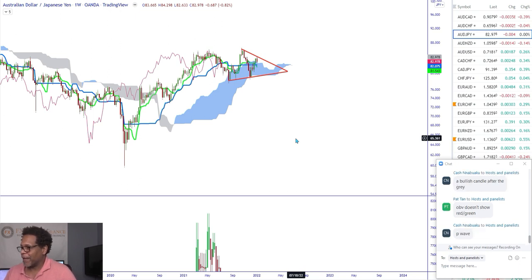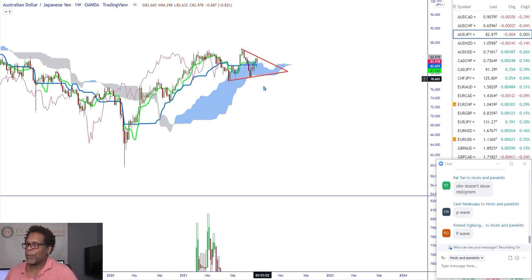Yeah, cash flow told you what it is. It's a P wave. This is a P wave formation, and a lot of people might know it as a symmetrical triangle, but it's a P wave when we're talking Ichimoku. So again, concepts in Ichimoku are pretty much the same thing as something else that you may know by a different name. So this is a P wave. It's basically a fluctuation pattern, a fluctuation wave. Your P waves and Y waves are fluctuation waves, and those are waves where we can see the market bouncing off of this low, this high, this low, this high.